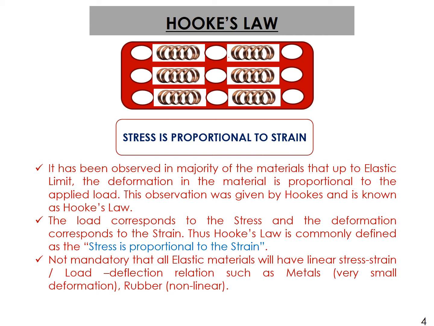For example, let's take rubber. Rubber does not have a linear relation. The stress applied on the rubber, or the load applied on the rubber, is not exactly proportional to the strain caused in the rubber. Similarly, similar behavior is shown by some metals also. This we will be discussing further. So this was just an introduction to Hooke's law. I hope it is clear. The very basic point is, as per Hooke's law, stress is proportional to strain up till the elastic limit.